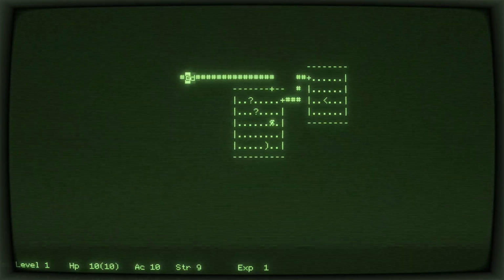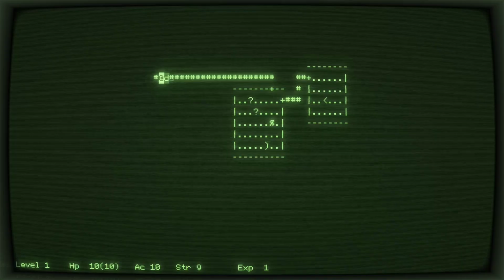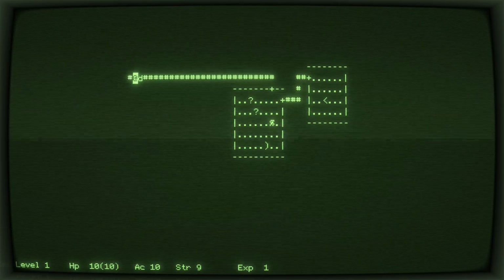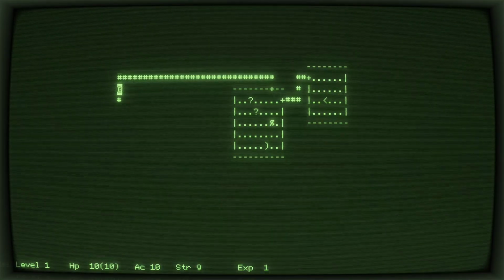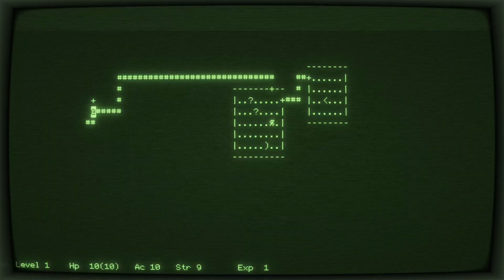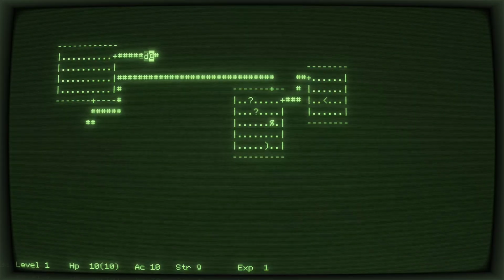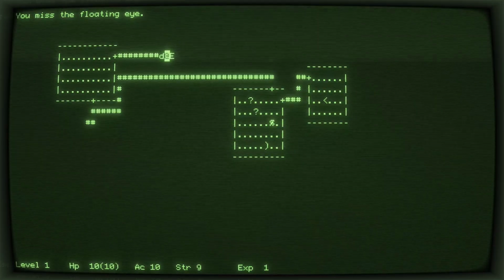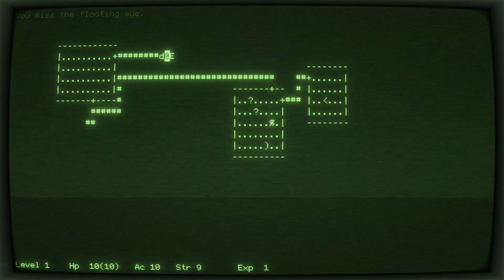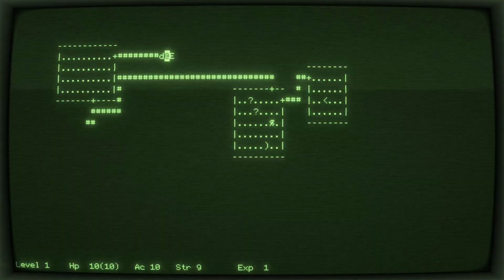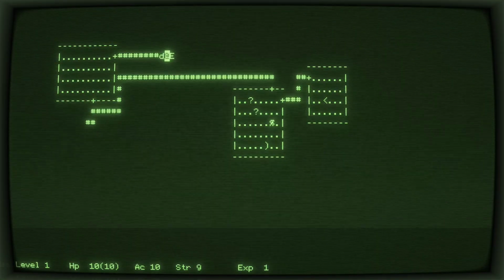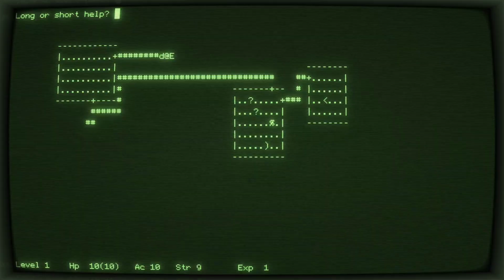I was searching for a while there and finally found a secret passage going further west. Let's see what we can find off in this direction. We have another room. And so far, the controls, oh my, we have a floating eye. Oh, by the way, if you're wondering what the controls are, instead of the /, we could hold shift when pressing that key to hit a question mark character, and then we can get long or short help. Let's look at the long help.